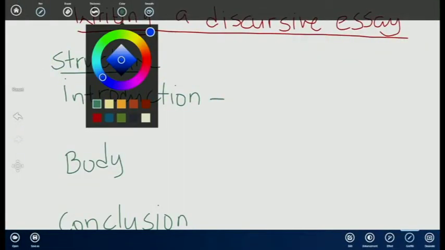The introduction shouldn't just be seen by the fact that it is at the beginning of the essay. I should just read it, and when I read it, I should know that this is the introduction, without relying on its position in the structure of your essay. So that introduction here in a discursive essay,